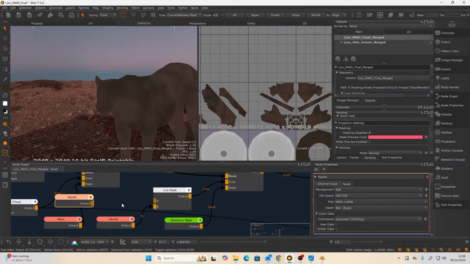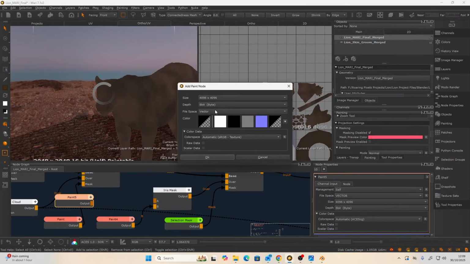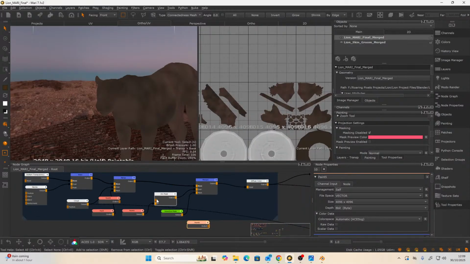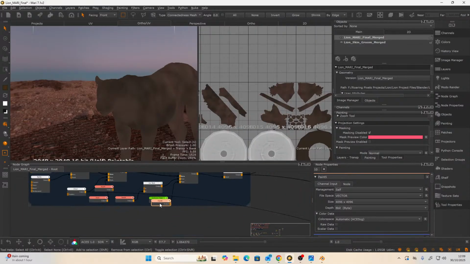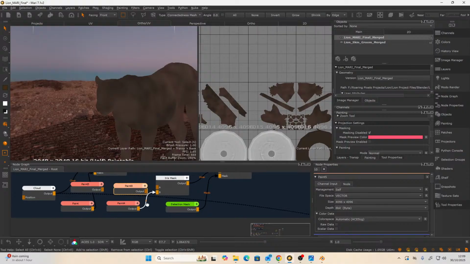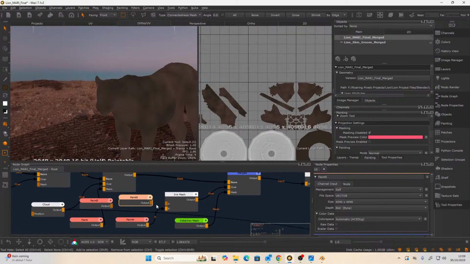And remove that. Only because I'm multiplying with a 32-bit float image, I'm going to